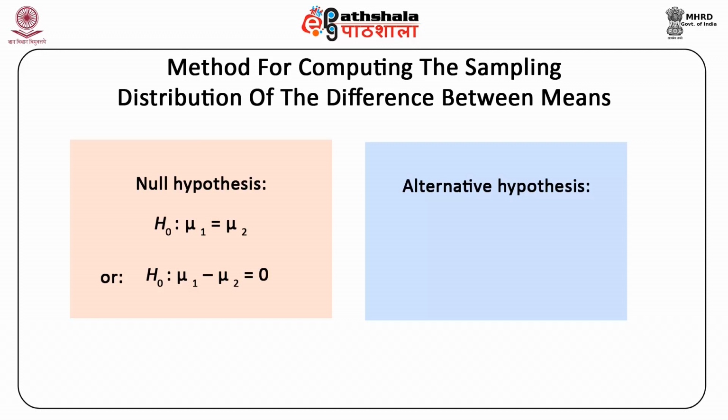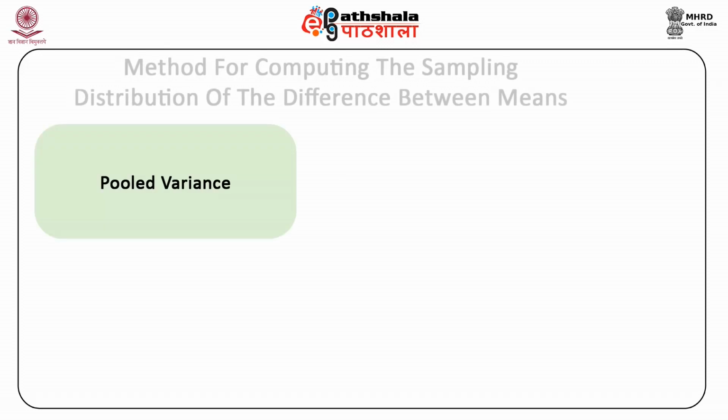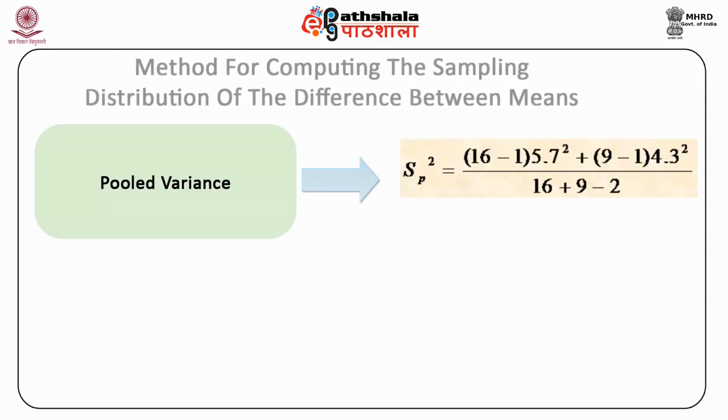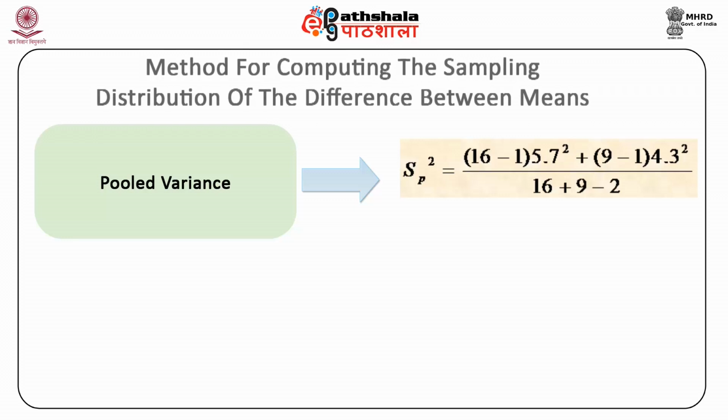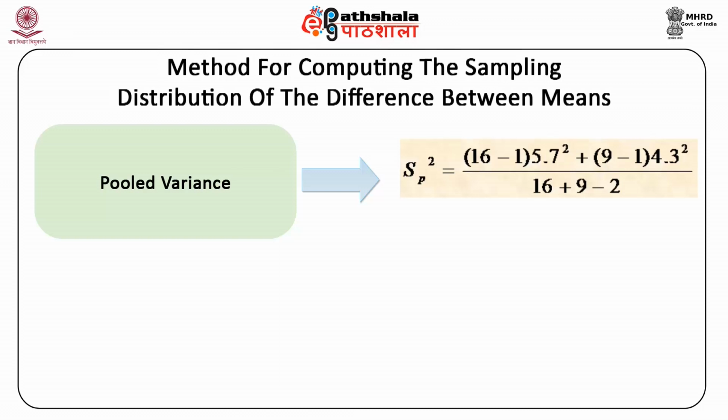Alternative hypothesis HA: mu1 not equal to mu2, or HA: mu1 minus mu2 not equal to 0. First, calculate the pooled variance. Sp square is equal to [(16 minus 1) into 5.7 square plus (9 minus 1) into 4.3 square] whole divided by 16 plus 9 minus 2, which is equal to